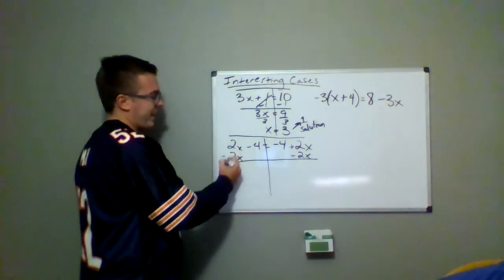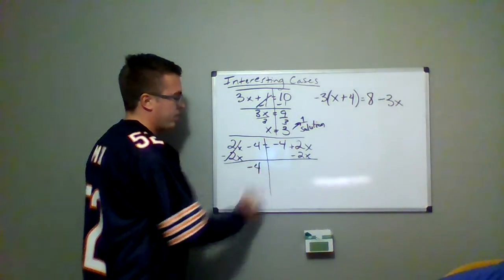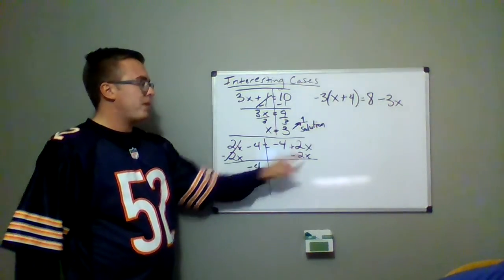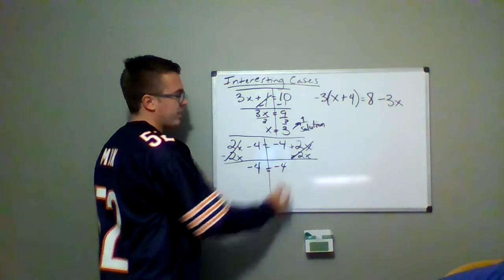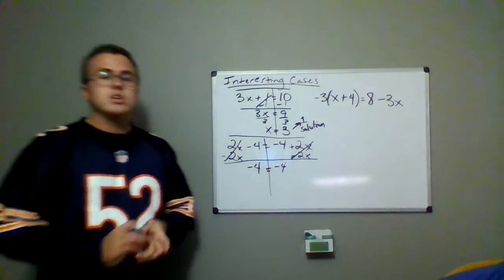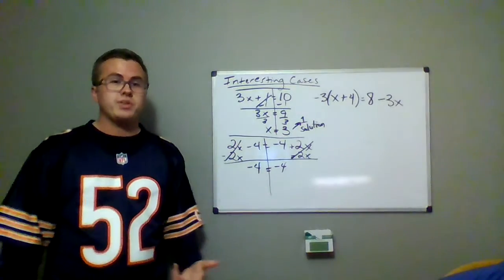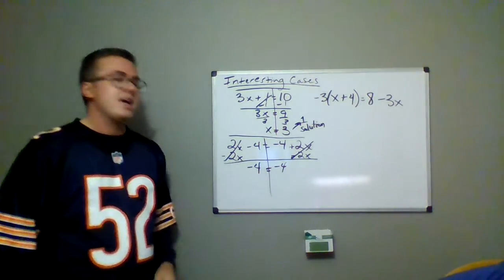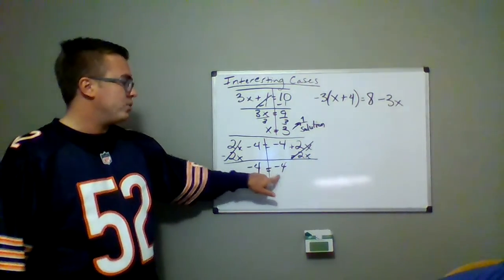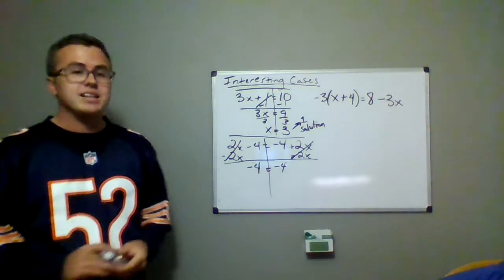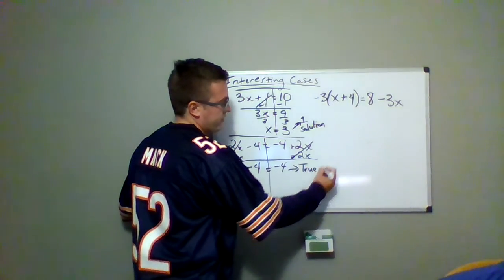But when I do that, it cancels out on this side. That was the whole point of subtracting it from this side. So you're left with -4. But then on the right side, 2x minus 2x, that also cancels out. So then on the right side, I'm also left with -4. So what's going to happen is sometimes the variables are going to cancel out on both sides and you're left with just numbers. Then you have to decide yourself, is that a true statement? Is -4 equal to -4? In this case, yes. If it's a true statement, so this is a true statement,